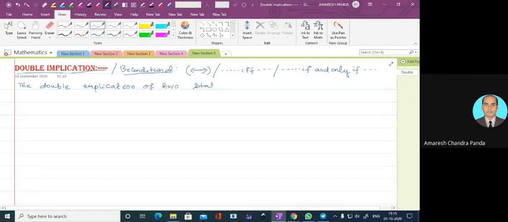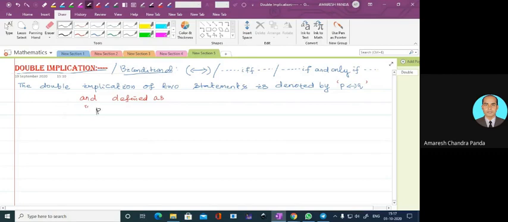It is denoted by the symbol, this two-sided arrow. This is the notation we can use, and it is defined in this form: